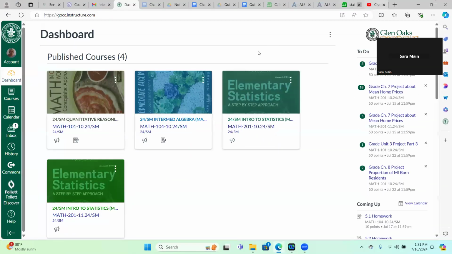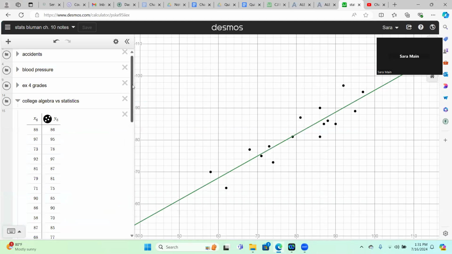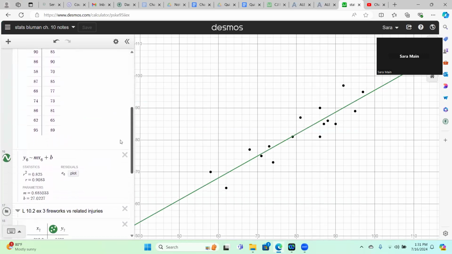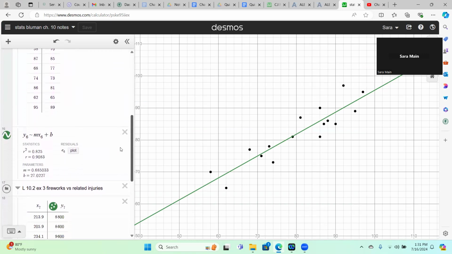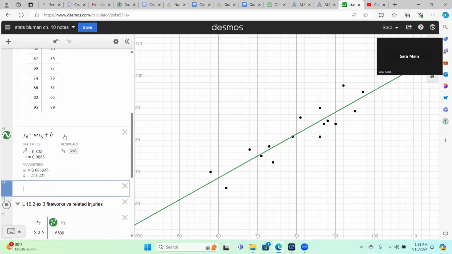And look at this. Here is the data, and there's definitely a significant relationship. You can see the R is 0.9083. And if you look at the table, let's just make a comment here. R is equal to 0.9083, and it is bigger than, if we go to the